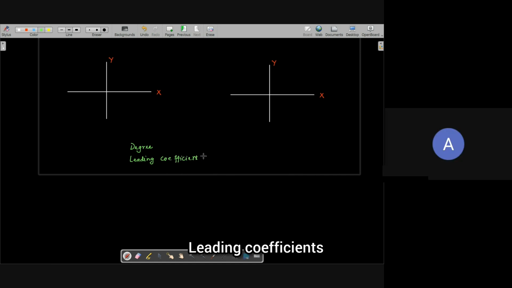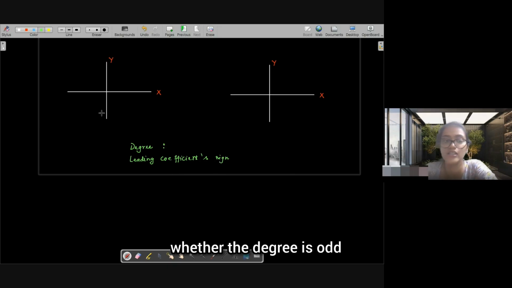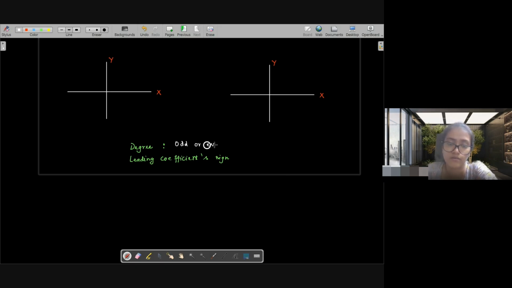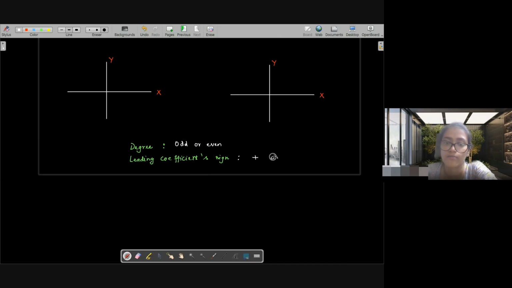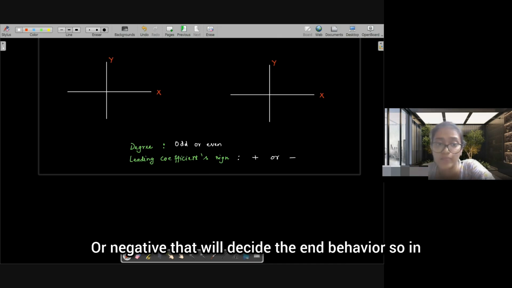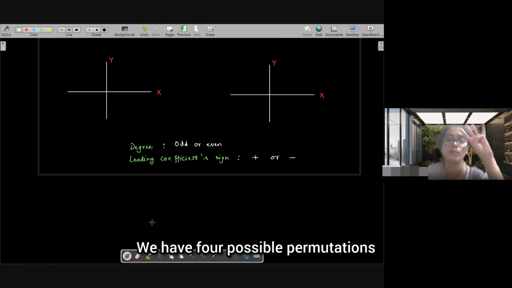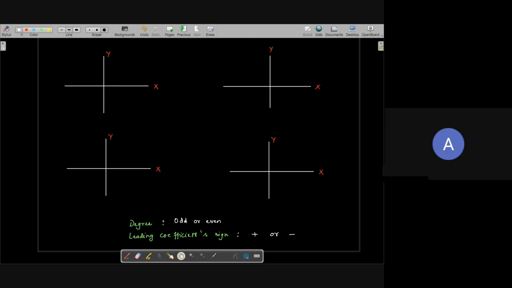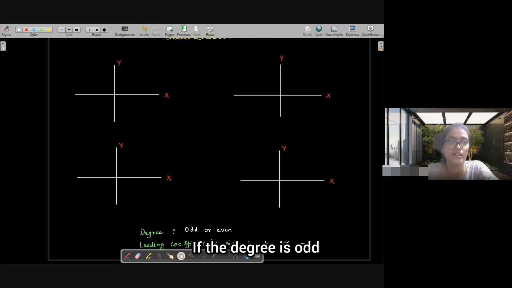So whether the degree is odd or even, that will decide the end behavior. And whether the leading coefficient is positive or negative, that will decide the end behavior. So we have 4 possible permutations. The first permutation is if the degree is odd,